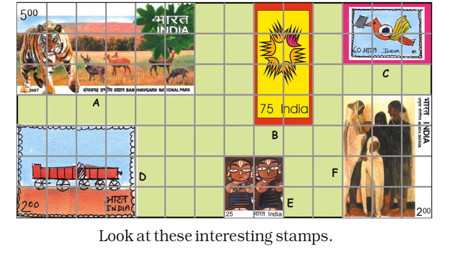So we have to discuss some questions here based on these stamps. Stamp A, B, C, D, E, F. So there are a total of 6 stamps. Stamp A, you can see here, we can count the squares: 1, 2, 3, 4, 5, 6, 7, 8, 9, 10, 11, 12, 13, 14, 15, 16, 17, 18. 18 squares are there in the A stamp.